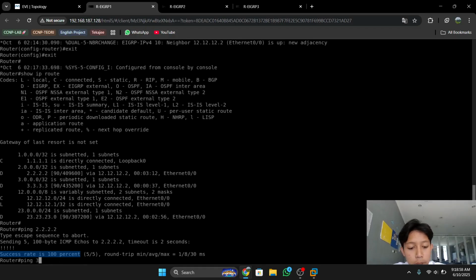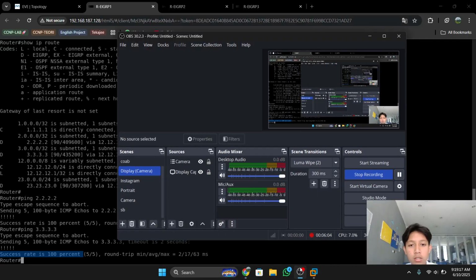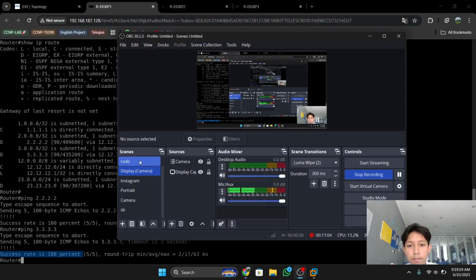Then we can ping router 3, and likewise the success rate is 100%. It means your basic EIGRP configuration is correct, and you have succeeded in doing the EIGRP configuration.